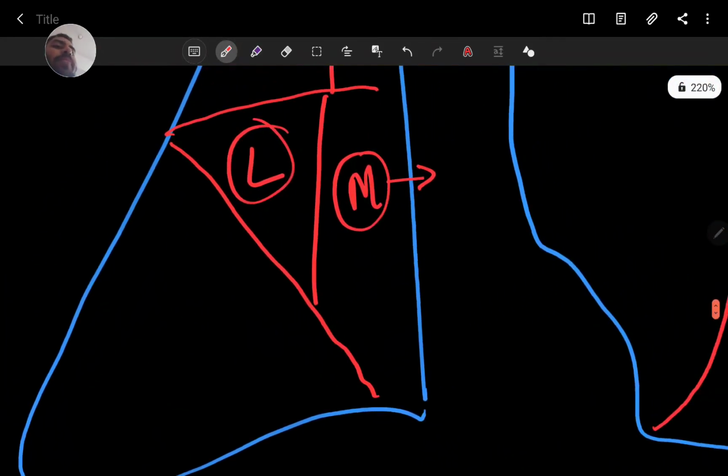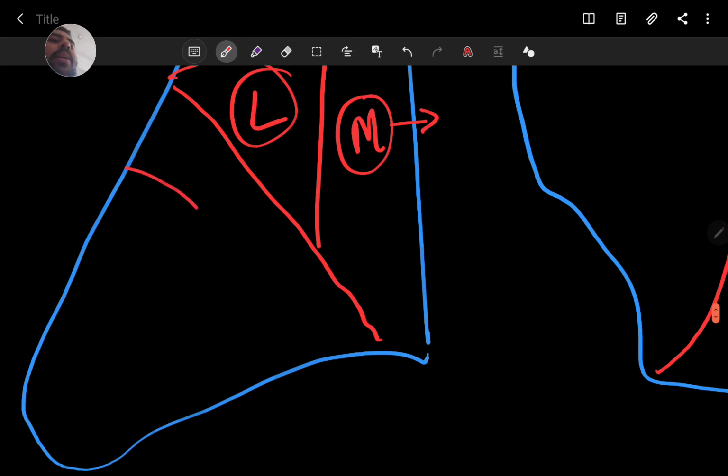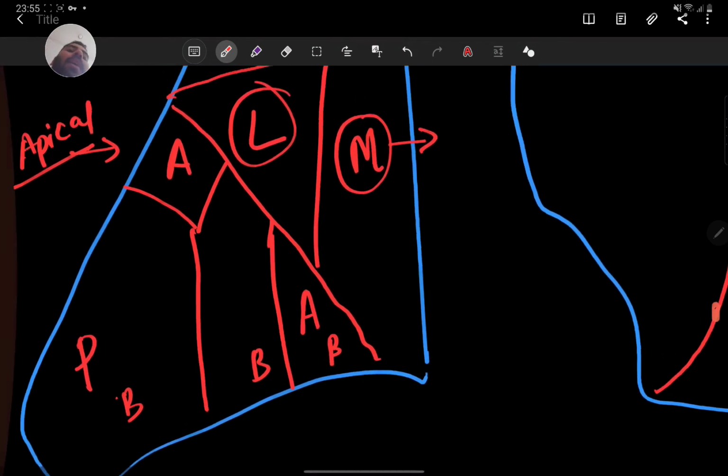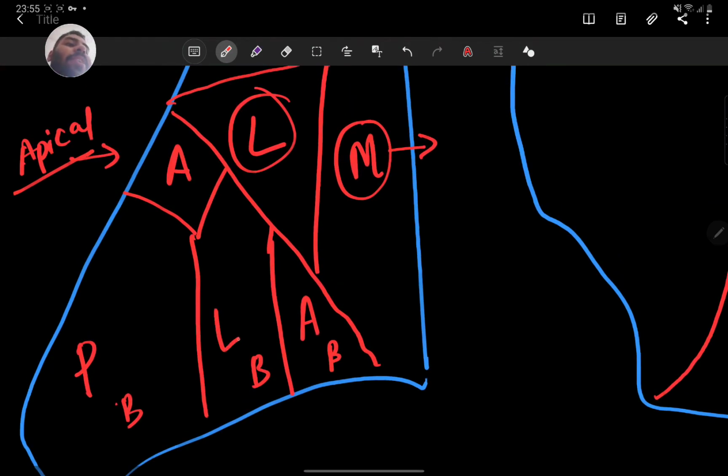Now in the lower lobe, again you have the same thing. You have one apical segment at the top of the lower lobe, and below it, once you have apical, you'll have basal also, right? So here there are three basal segments. Now this one is anterior, so it is anterior basal. So there has to be a posterior one, and here there's this lateral basal.